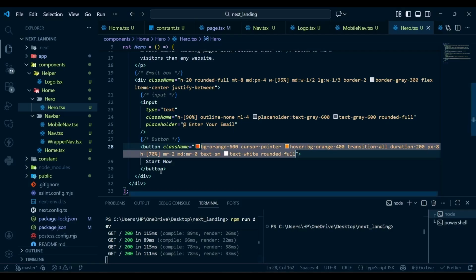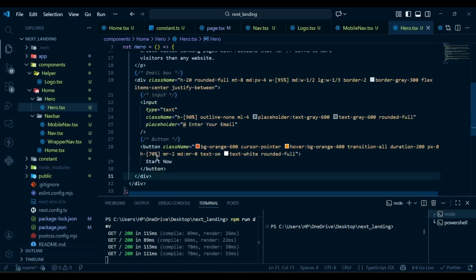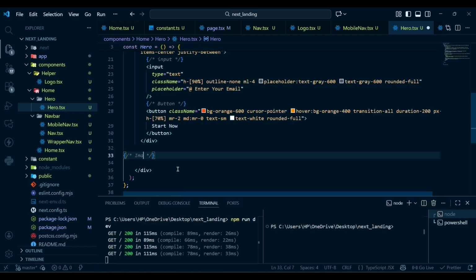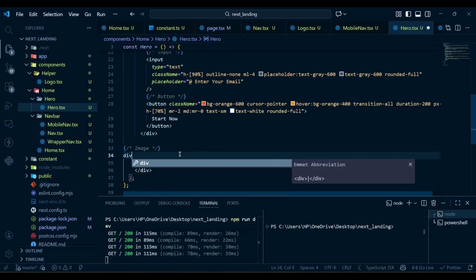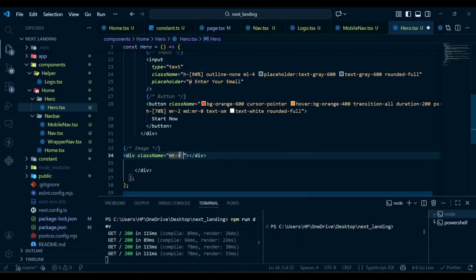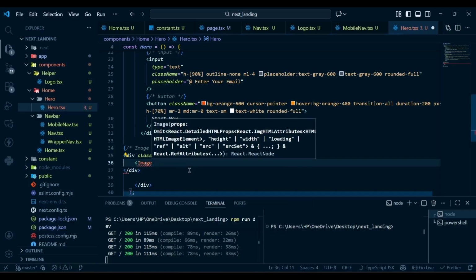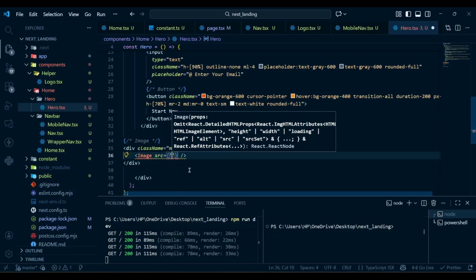Next we have the image. So after this div, the email box, we will have our image, and here we'll have a div, and this div has a class name of margin top of 10, and then inside this div we'll have an image from next image, and this image will have a source of slash